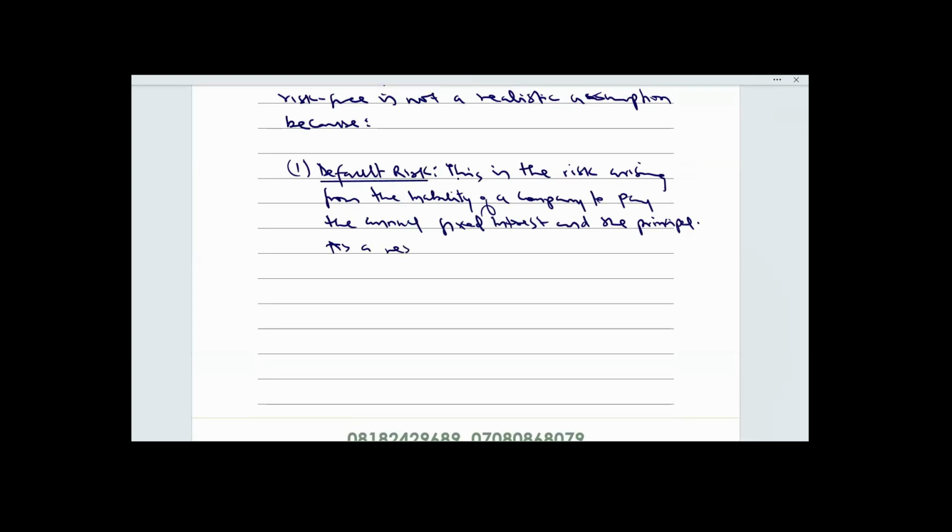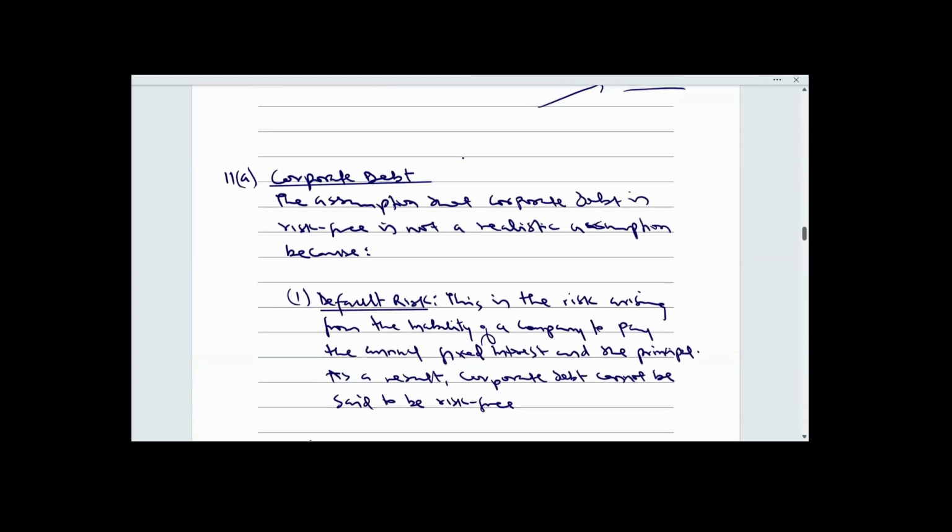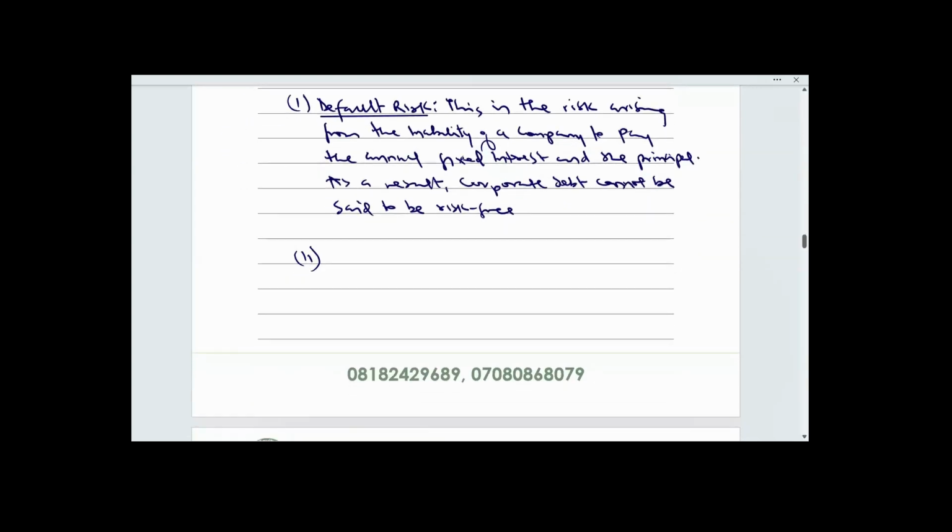As a result, corporate debt cannot be said to be risk-free. So when there's a default risk, corporate debts cannot be said to be risk-free. Another example, let me use two. Another example,